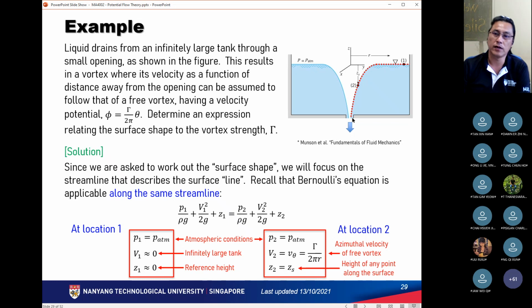As liquid goes through this hole, it will form a spiraling vortex, whereby the velocity of the vortex is a function of distance away from the opening. In this case, we treat the velocity of this vortex as that of a free vortex, having a velocity potential function of phi equals gamma divided by 2 pi theta. Given this, and with reference to the figure here, determine an expression relating the surface shape. That means this surface shape, an expression for the variations in the